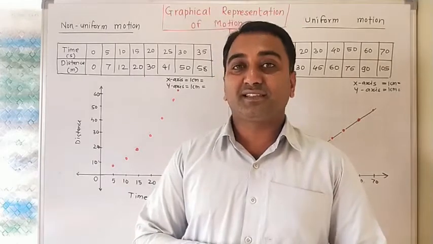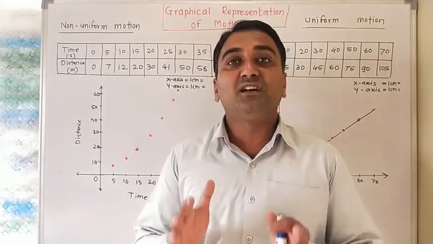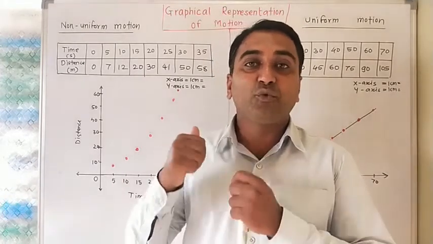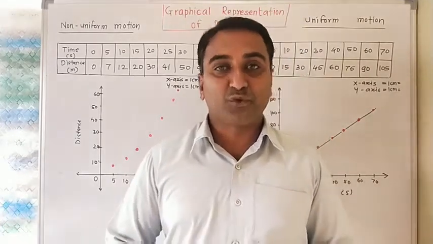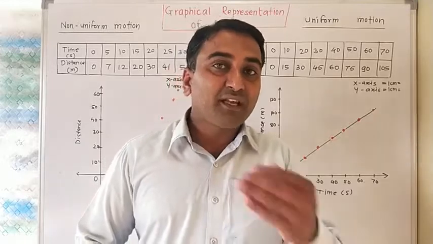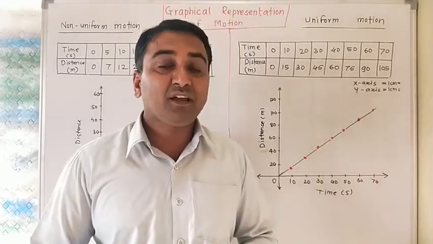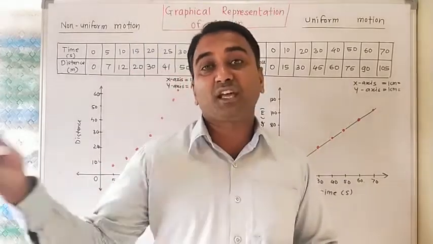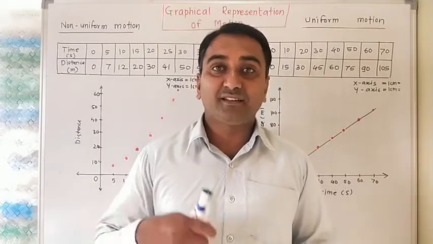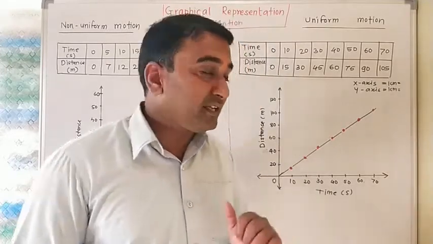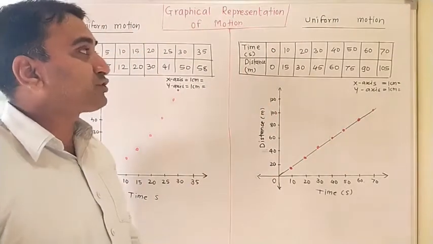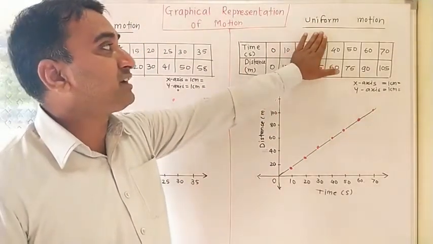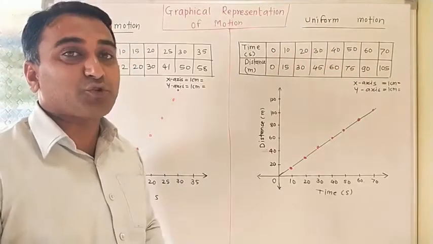After discussing acceleration, within this third session we are moving to the next part, that is, graphical representation of motion. Within that, we are going to learn many graphs, and from these graphs we are going to derive some equations. The first part we are discussing here is graphical representation of uniform motion.